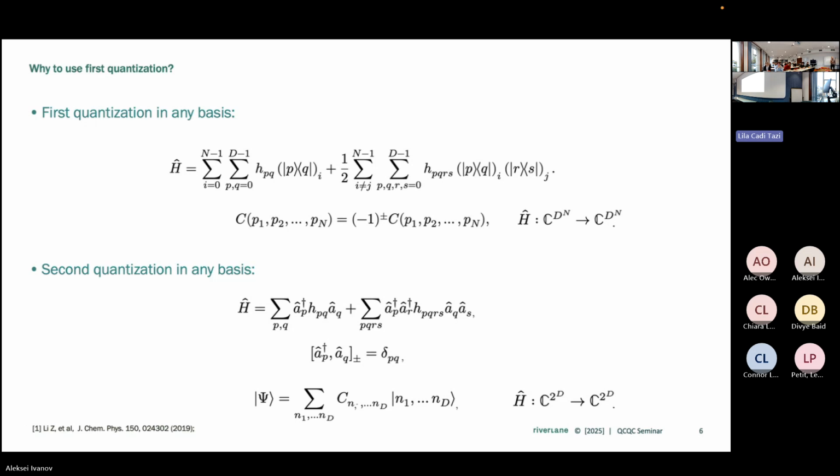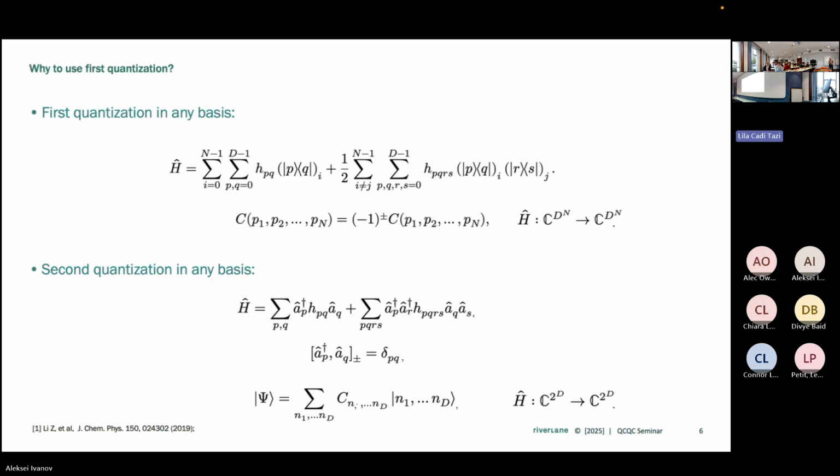And then you forget about this anti-symmetry in your wave function. You just expand it into so-called occupation number states, where each number here, n1 up to nd, is either 0 or 1. And then your anti-symmetry constraints are encoded in this anti-commutation relationship. But the Hilbert space here is quite different. Now your Hamiltonian acts on a Hilbert space of dimensionality 2 to the power d,